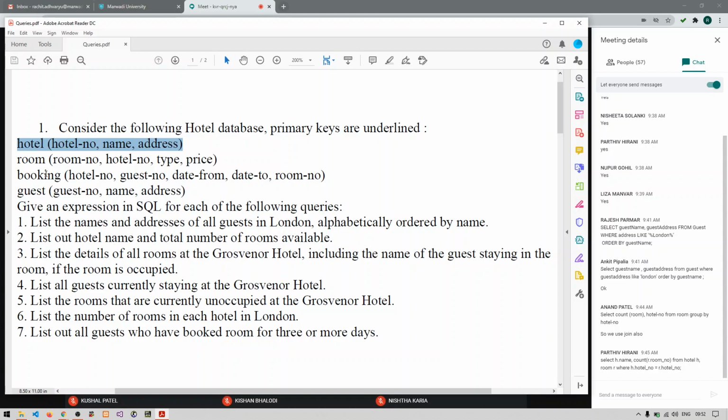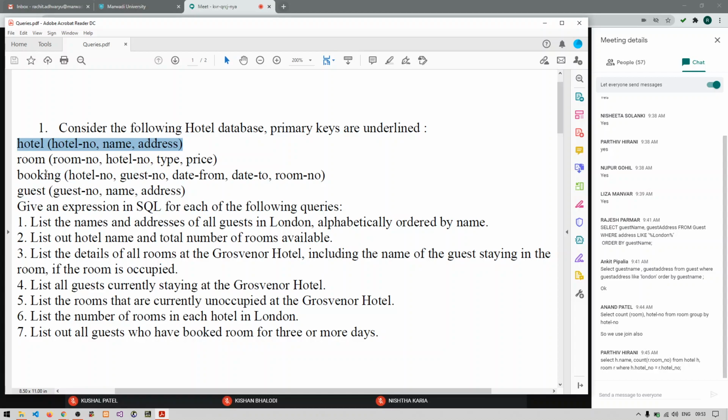The answer will be like: select r.room_number, r.type, r.price, b.date_from, b.date_to, g.name from hotel H, room R, booking B, and guest G, where H.hotel_number equals R.hotel_number and R.room_number equals B.room_number and B.guest_number equals G.guest_number and H.name equals Grosvenor.